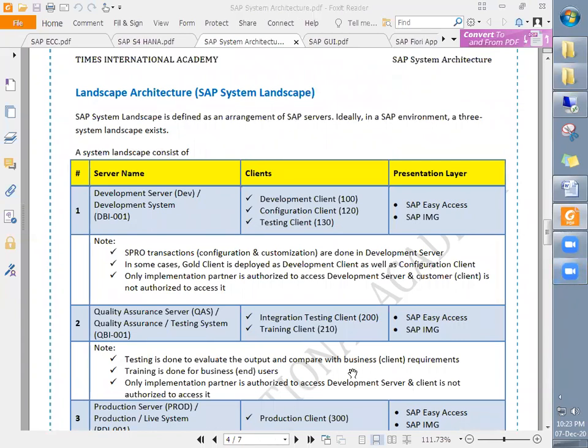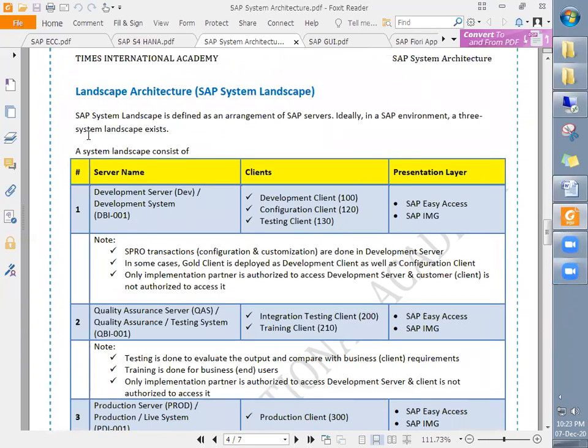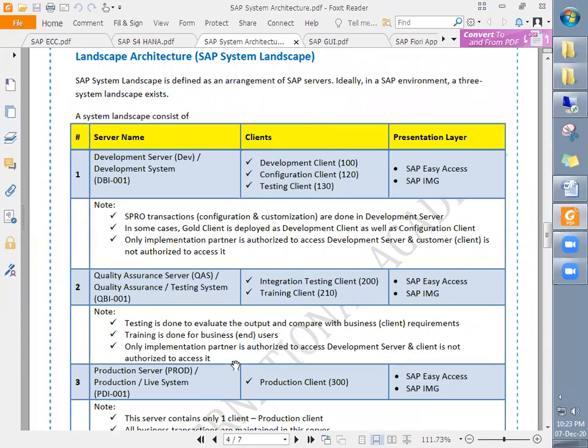In this one, the SAP system landscape is defined as an arrangement of SAP servers. Ideally, in a SAP environment, a three system landscape exists. So the three system landscape is the standard system landscape, right?